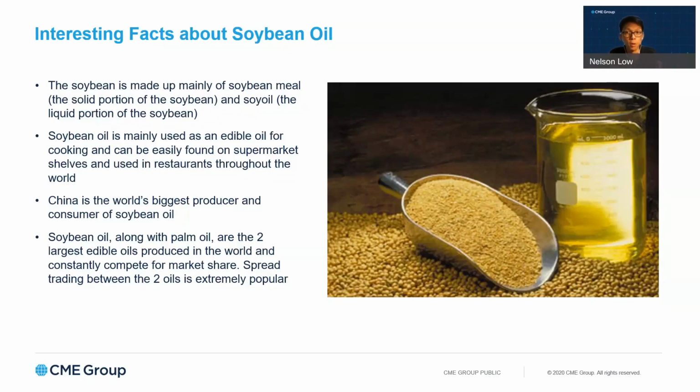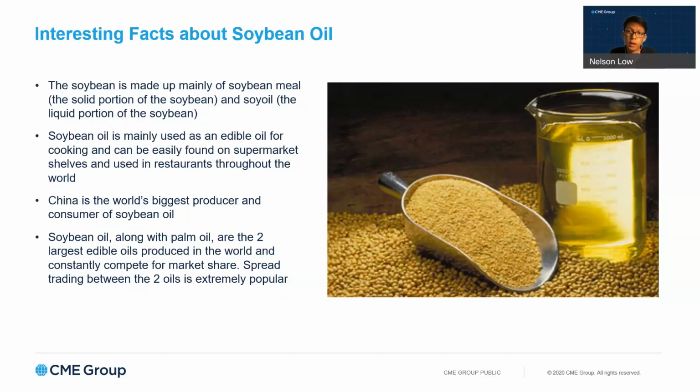Soybean oil, as you know, is very similar to palm oil. It's used in many of the same applications that palm oil is used for. It's used primarily as an edible oil in cooking. But these days, a lot of that oil is also being used for the production of biodiesel. The oil is converted into a different kind of form, usually known as a methyl ester, which is then added into diesel fuel to make a blend of biodiesel and diesel.